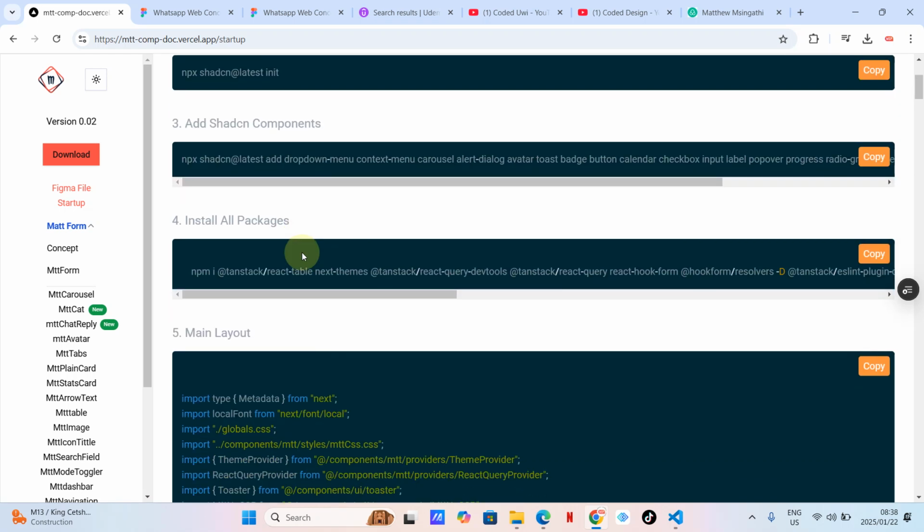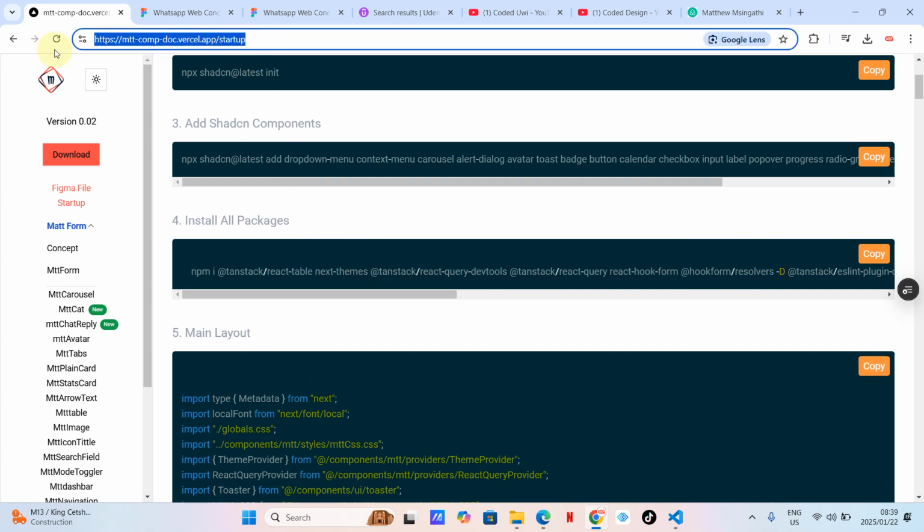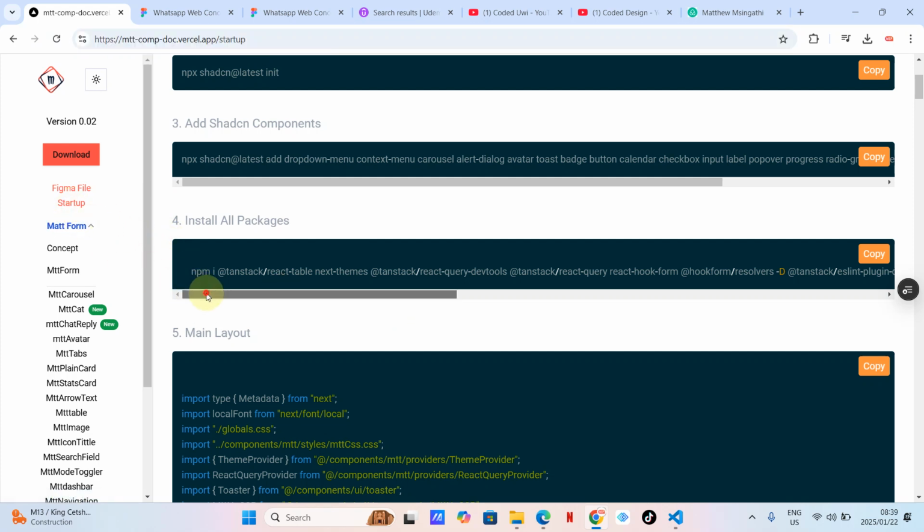Imagine installing these packages one by one. So instead of doing that, I've just got one long list of packages. Check the link in the description below, go to the MTT component and come here on startup, and then you will see a list of all the packages, TanStack Table, TanStack whatever, in case you might want to know everything. Okay, so when we are installing these packages, we're just going to copy this and paste it, and boom,